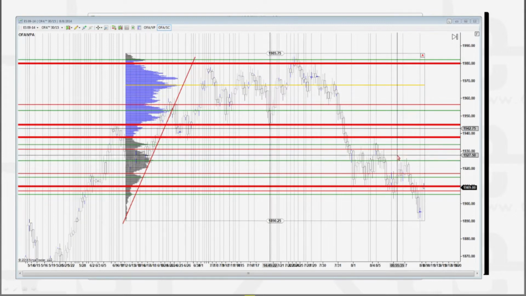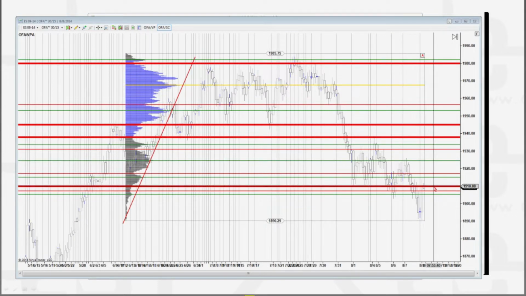But in general, what I'm looking for is if price starts getting above this 1910 area, then I'm going to start looking for price to move back up to 1475. And my expectation at 1475 is that we're going to start to get volume and we're going to see price rotate. And price is likely then going to test up to that 1725. And there may be an opportunity for a short trade at 1725. It really depends upon the day. But if price comes through